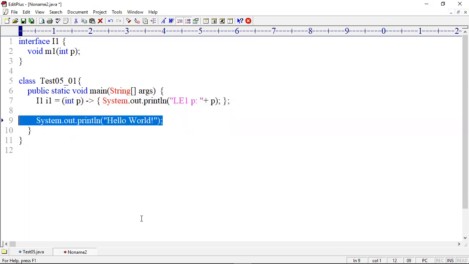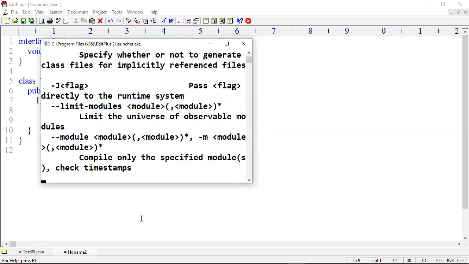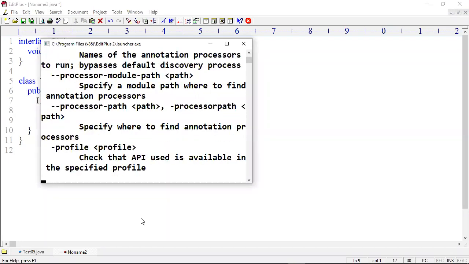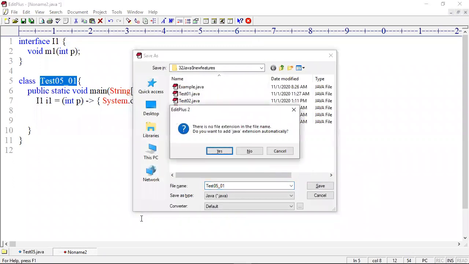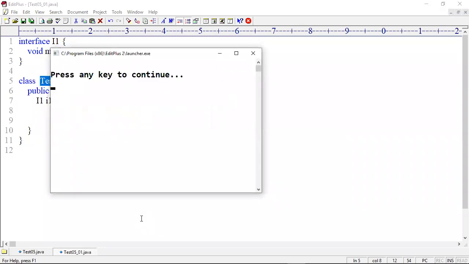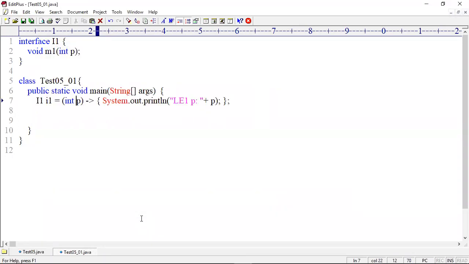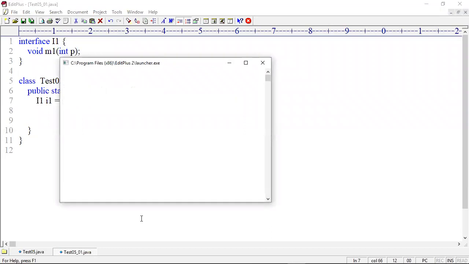Now fine. Then tell me, if I compile this program, is it compiled or not compiled? Not compiled, the compiler will throw an error. Why? Sorry, it is compiled, no problem. Why is it compiled? What points do we need to verify? You have assigned the lambda expression to I1. Then the compiler immediately goes to this interface and collects the return type, void. What is the parameter? int p. It collects the return type and parameter type and compares. The parameter int p matches, and the method body is not returning any value. So both are matched, compiled successfully.